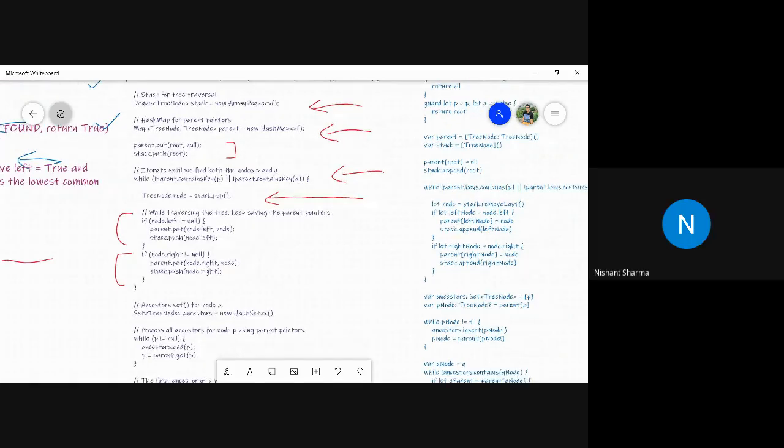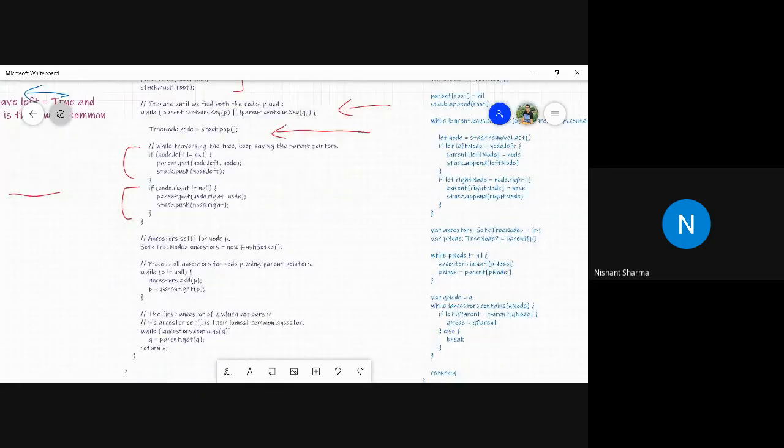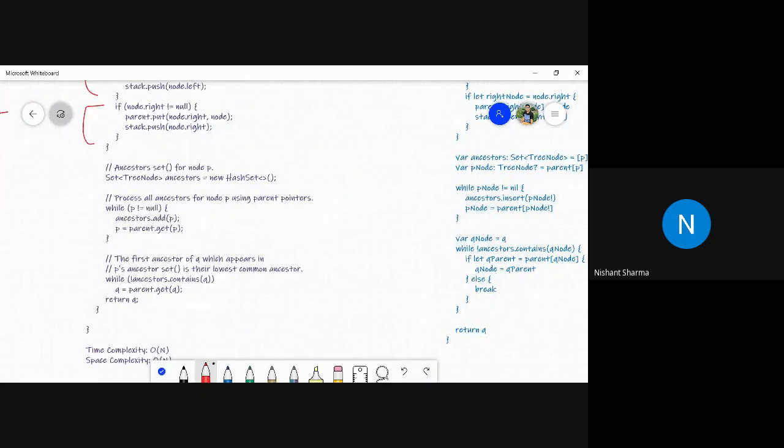So once we are done with this, we create another ancestor hash set where we will put all the ancestors from root to P. So we will process all the ancestors for node P. We have the P node, and we know the parent node for P because we have a dictionary which contains all the parent nodes.